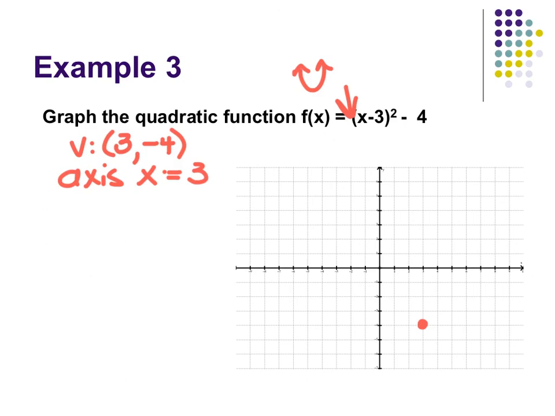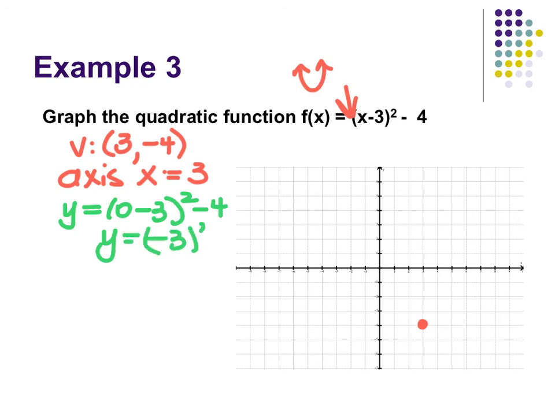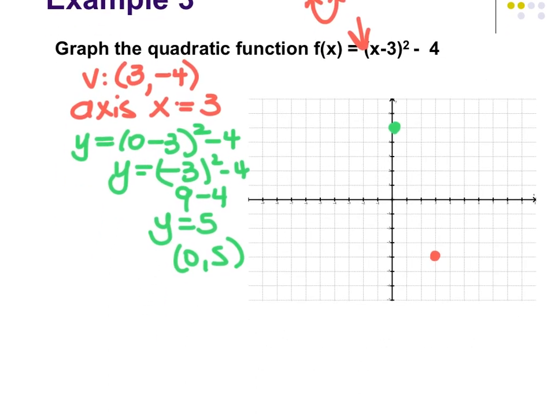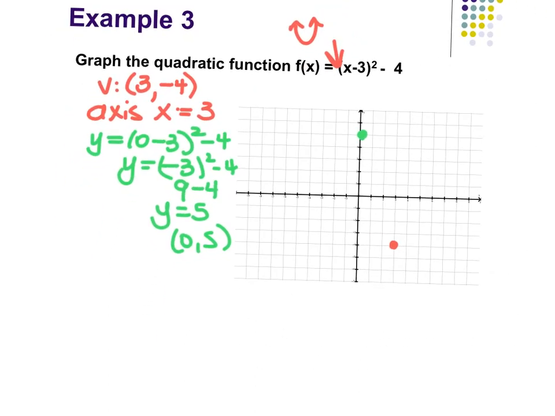And then to find the y-intercept, I would plug 0 in for x, so y equals 0 minus 3 squared minus 4. Negative 3 squared minus 4, which is 9 minus 4, which is 5. So 0, 5 means I've got an intercept there. And then the